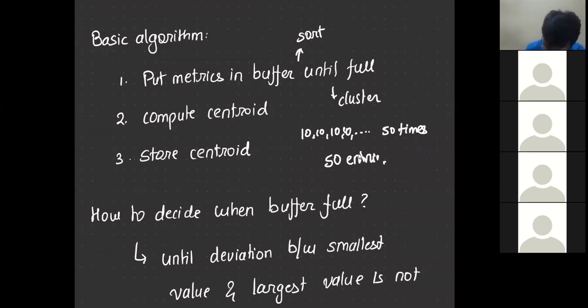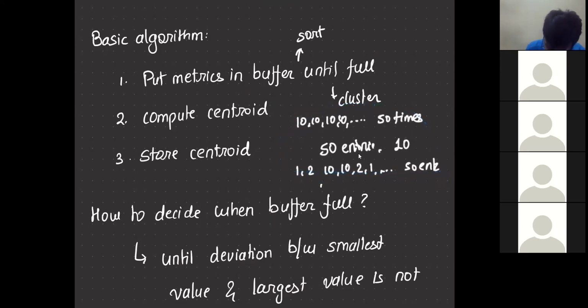Okay. Now let's say this 10 is nothing but the centroid. Here all the values were the same, so it became simpler. But instead, let's say I had values which range from 1 to 10, 10 to 1, something like that, and I got 50 entries like this. Let's say I computed a mean value, or rather a median value of it, and my median came out to be 8. So if the median is 8, I would store 50 entries with 8 as the median.